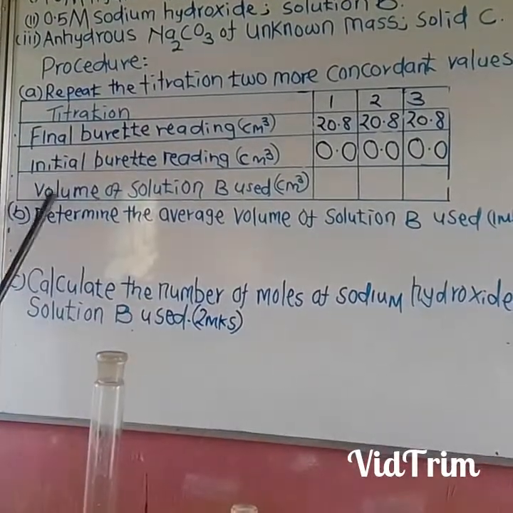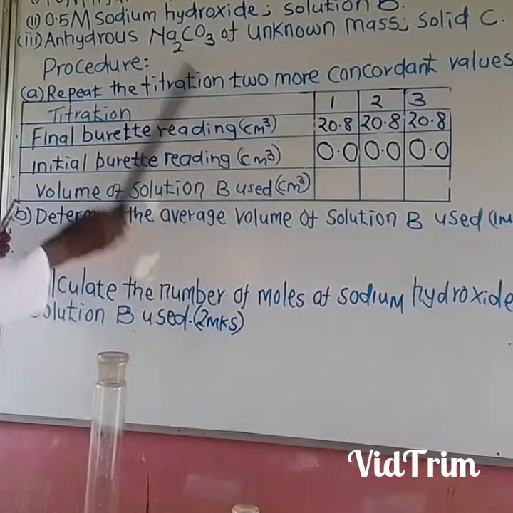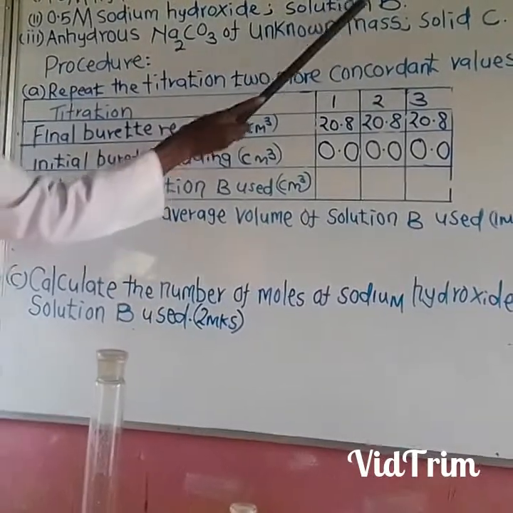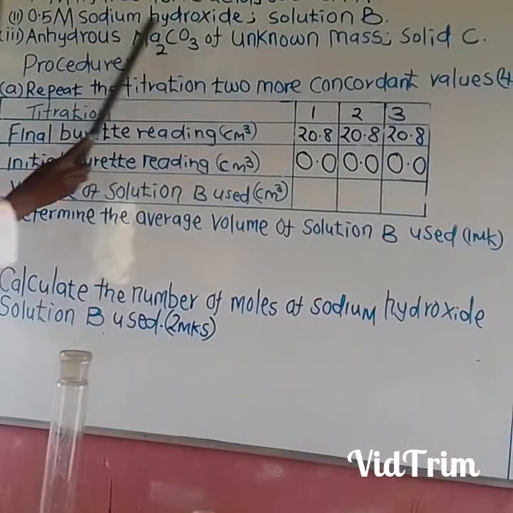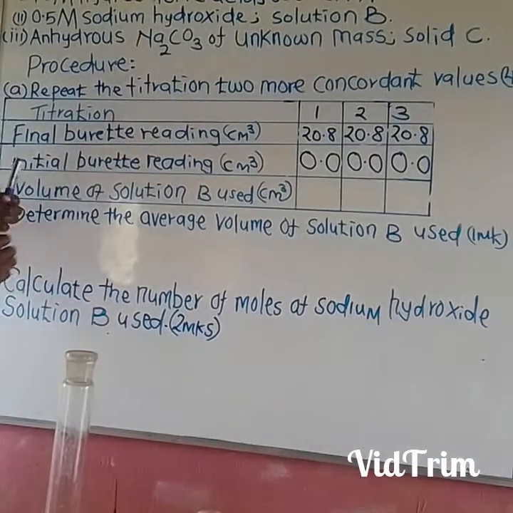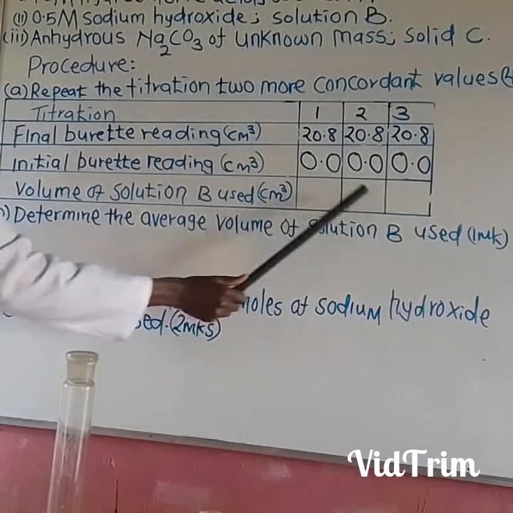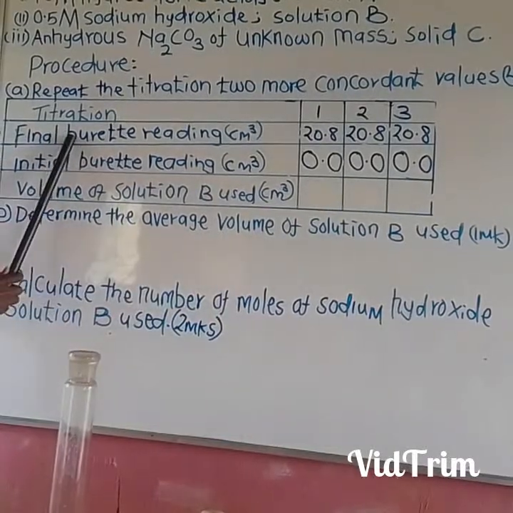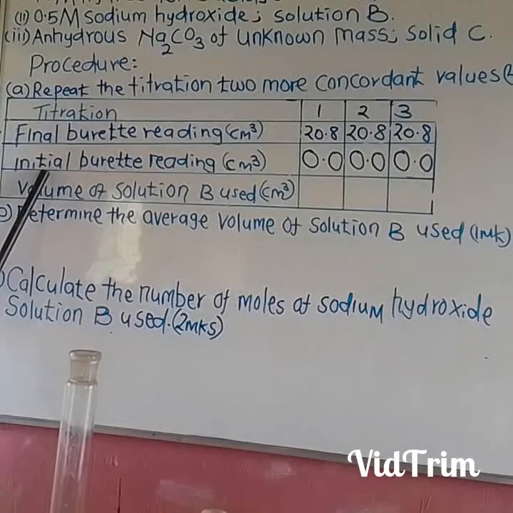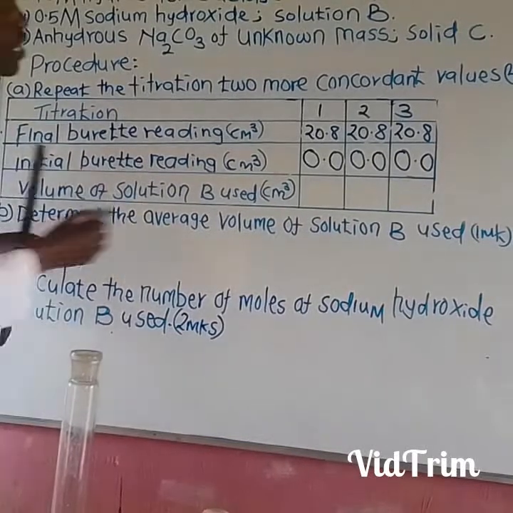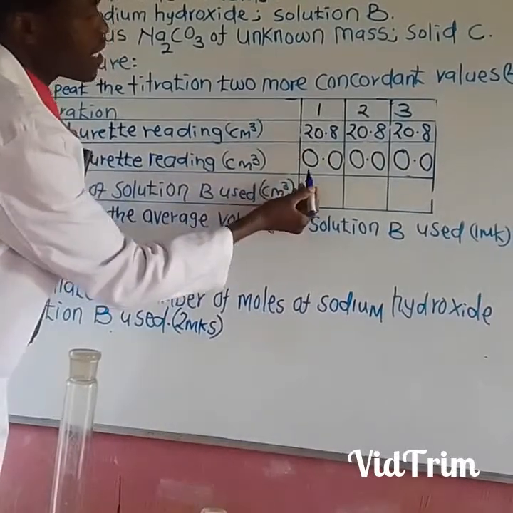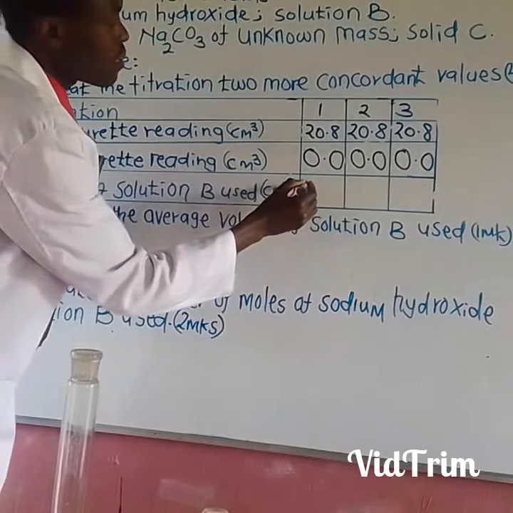Then, volume of solution B used. Remember, solution B is 0.5 molar sodium hydroxide solution. So how do you get the volume of B used? You get the final value minus the initial value from the burette. Is it okay? So for example, if you take 20.8 minus 0.0, this is